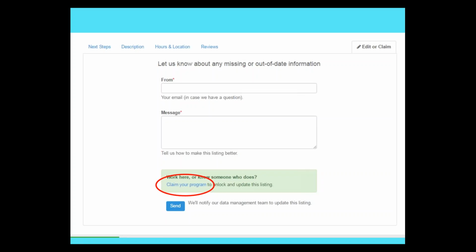And if you have any problems about claiming your program, or like I'll talk about a little later, creating a login account,